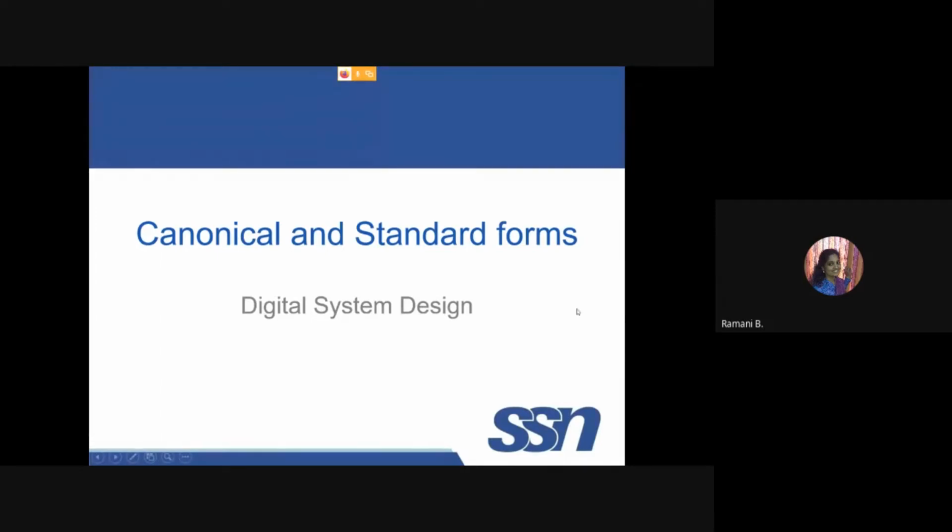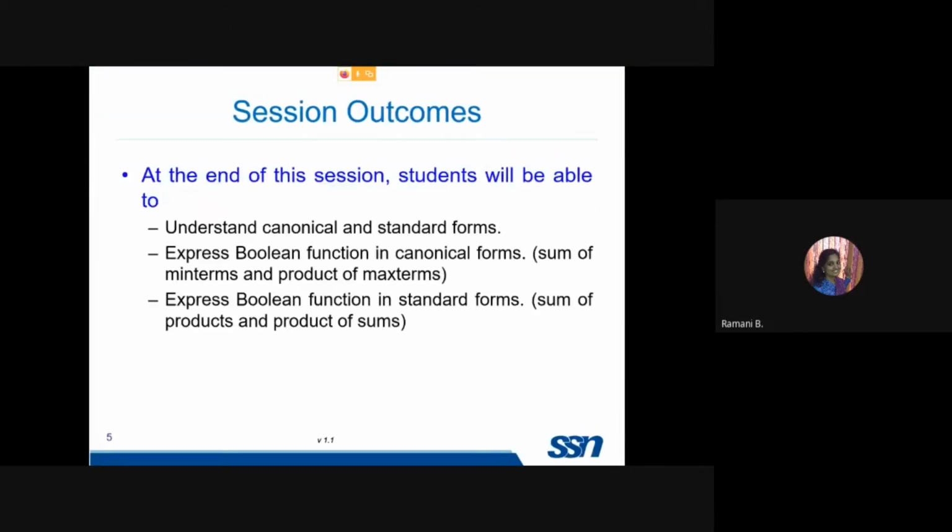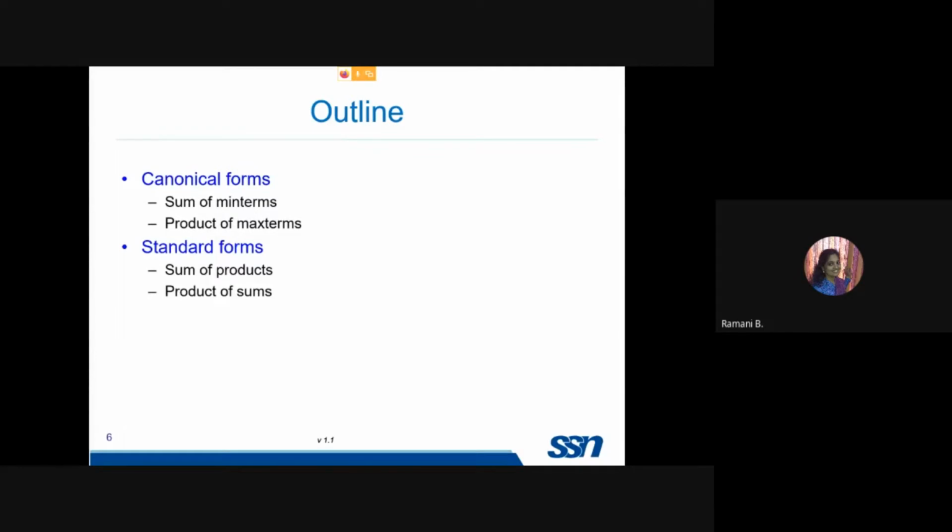So in today's class, we are going to see canonical forms and standard forms. I was saying about this in the last class, and for this purpose, we saw what is meant by min terms and what are max terms. So today's outline will be, we will see the canonical forms, that is how to express in canonical forms a